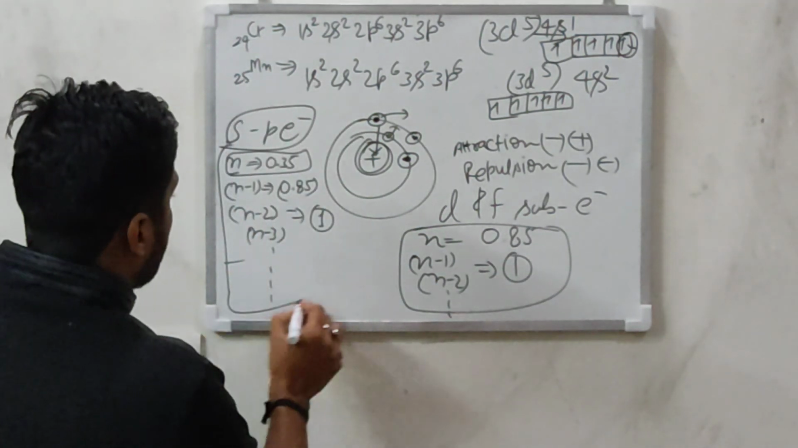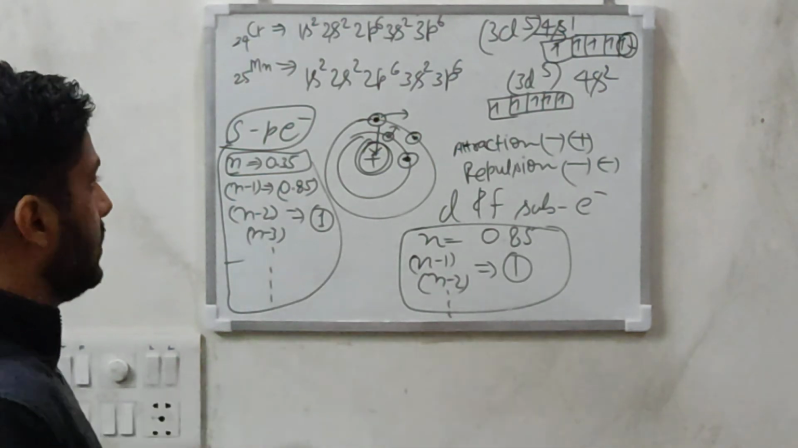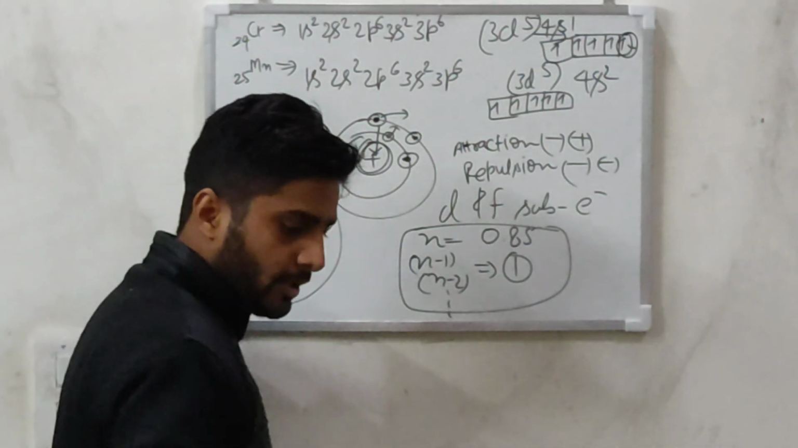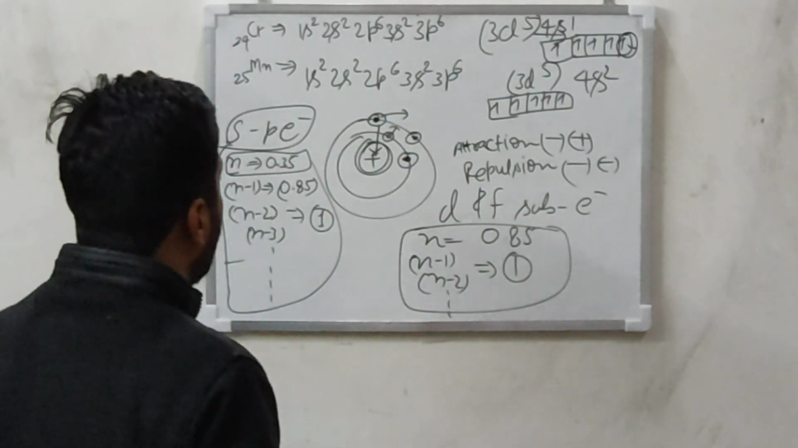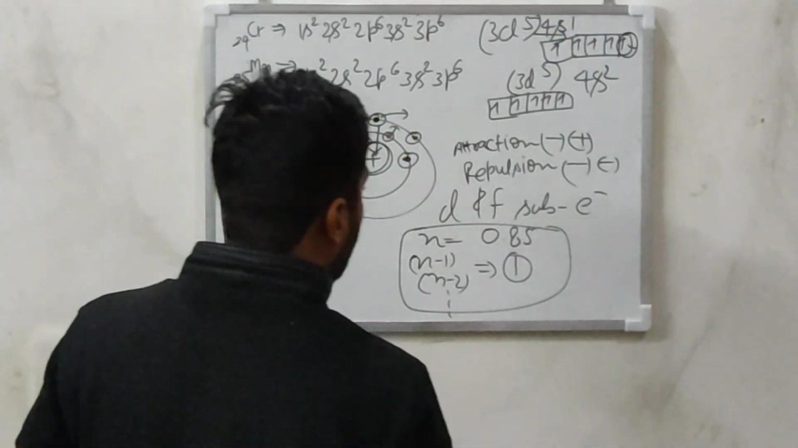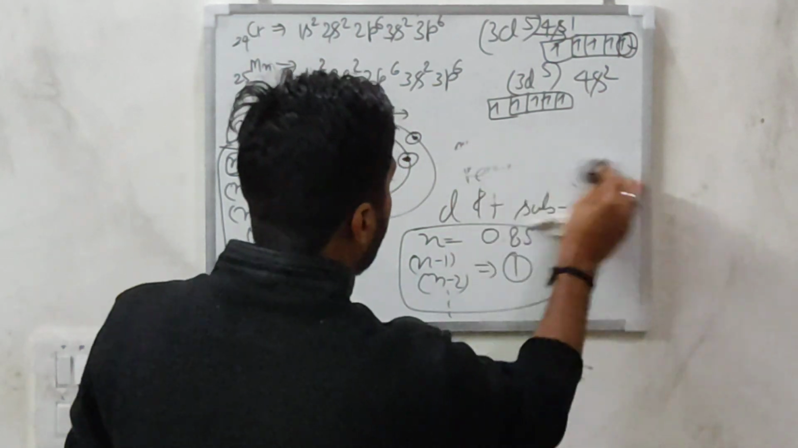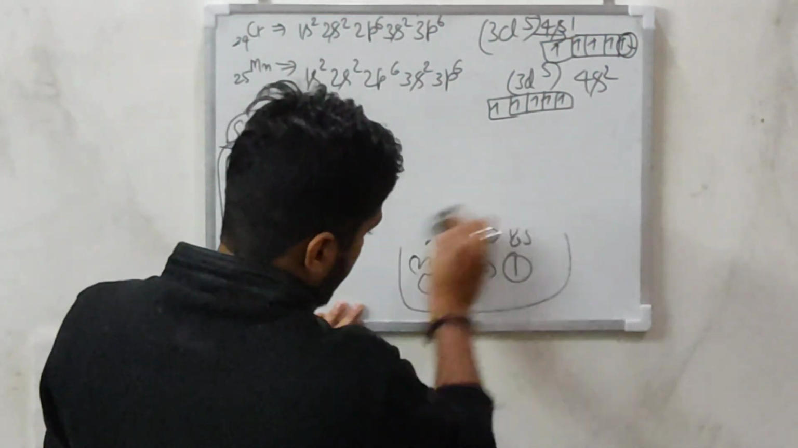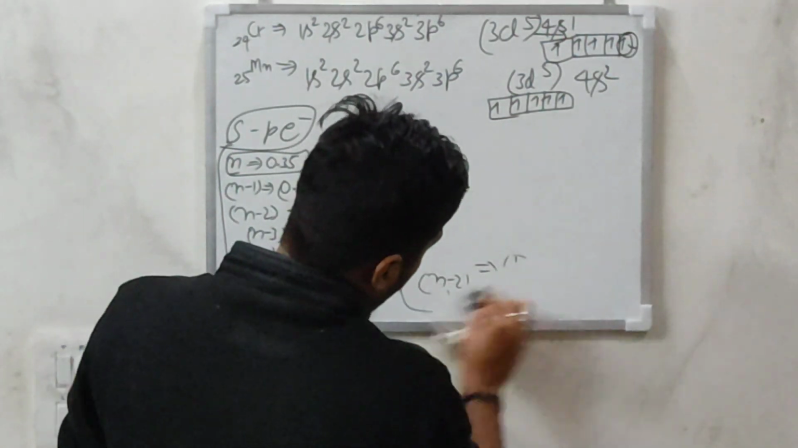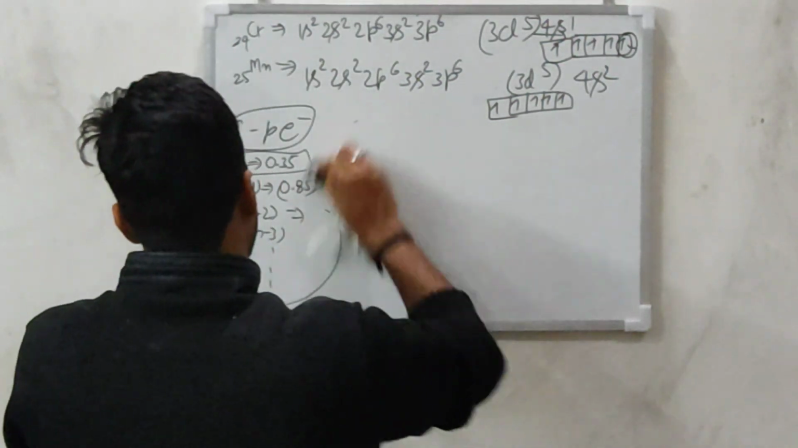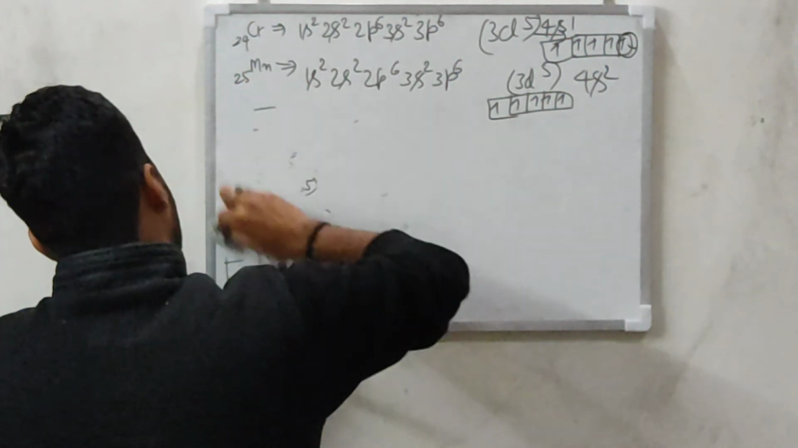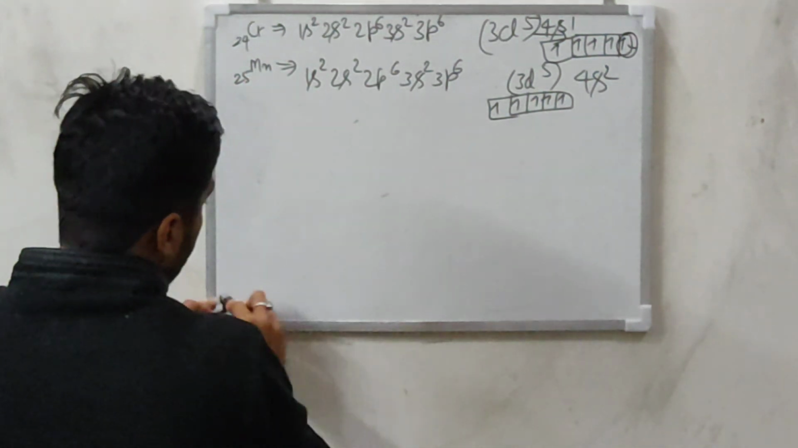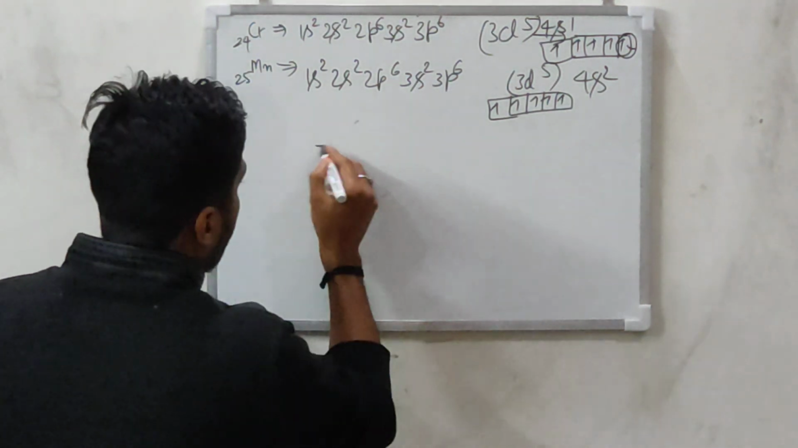So this is some basic information about the shielding effect. So what is Z effective? Z effective is nothing but the difference between the atomic number and this magnitude of repulsion because of the same charge of electrons. So Z effective will be